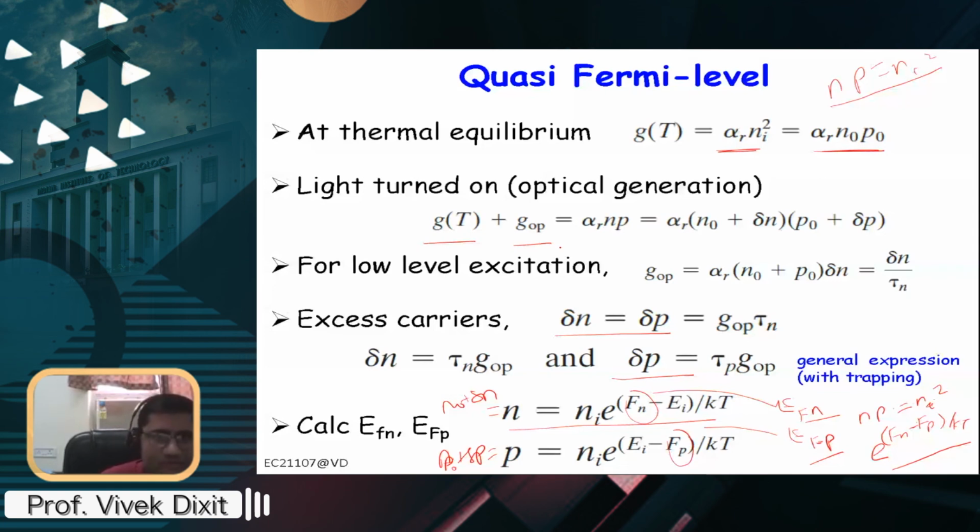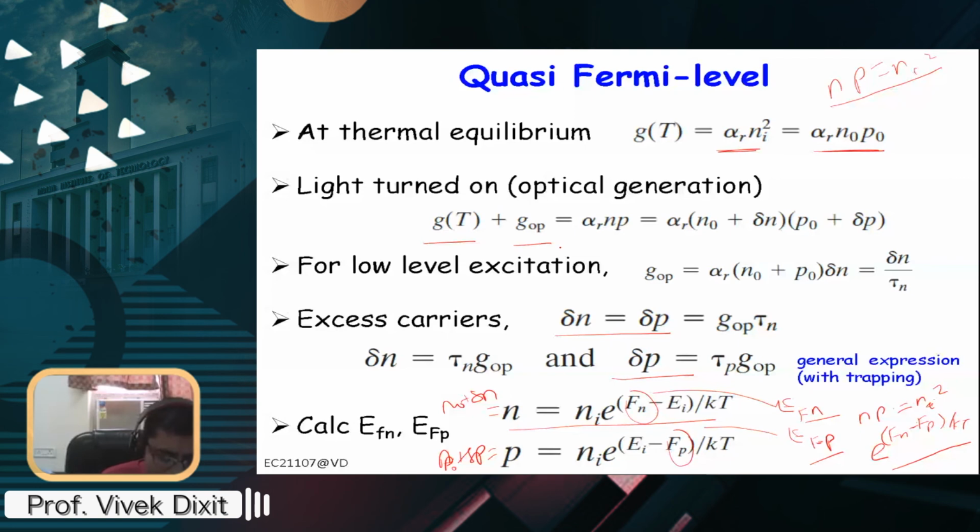This has to equal the recombination rate, alpha R times np, where n and p are n naught plus delta n and p naught plus delta p. If we equate these two, then thermal generation is alpha R times ni square, since alpha R times n naught p naught is ni square. So you remove that one, then